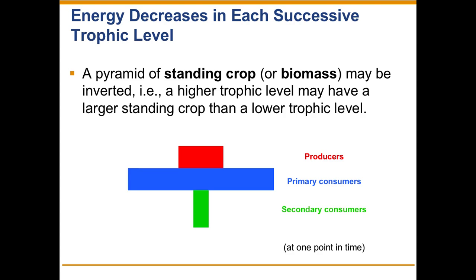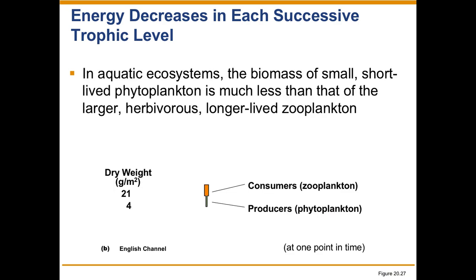So here, at any one time, there's not as many primary producers because they're constantly being consumed. But as they're being consumed, they're regenerating and new ones are growing. So at one time, you get this type of a relationship. There can be a lower biomass of primary producers than there are of primary consumers. But always, as we look at this over a longer term, that process will reverse.